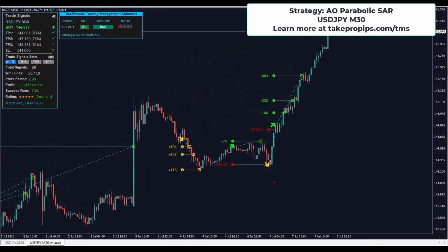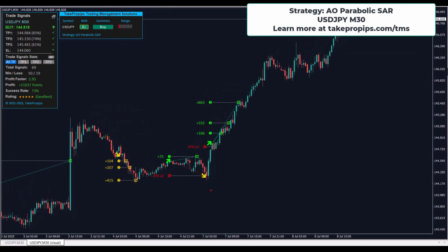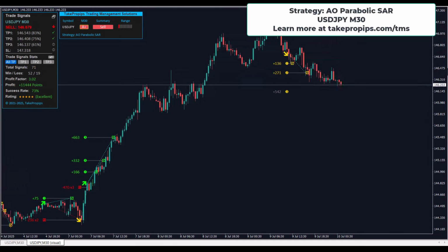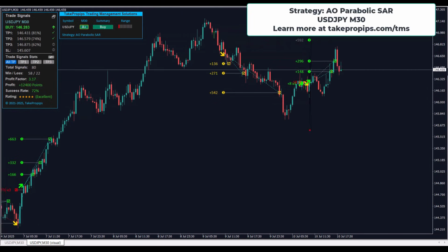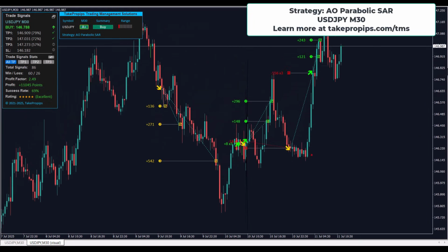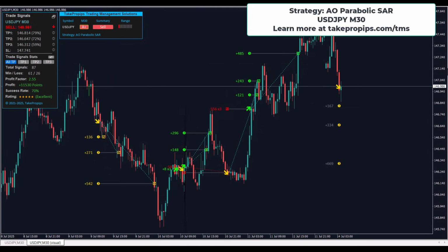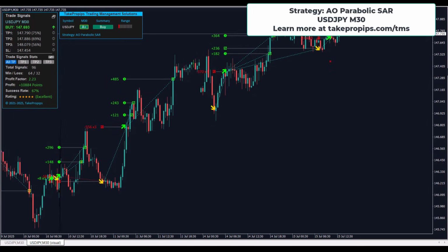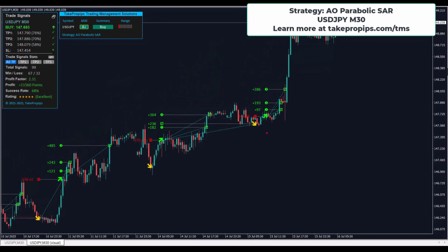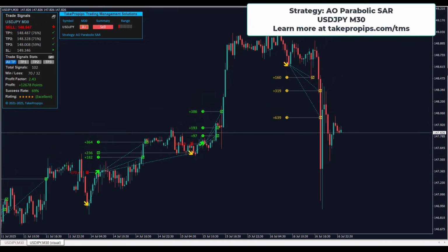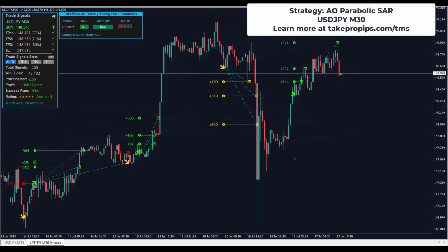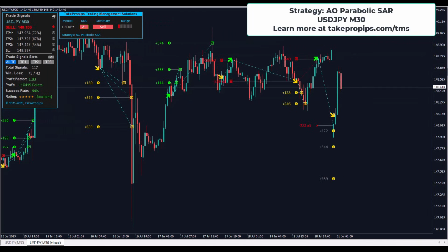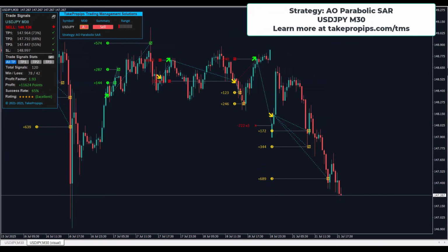A buy signal is generated when the Awesome Oscillator crosses above the zero line from below, meaning momentum just shifted bullish, and at the same time the Parabolic SAR dots are positioned below the current price, confirming that the trend is pointing upward. A sell signal is generated when the Awesome Oscillator crosses below the zero line from above, showing fresh bearish momentum, and the Parabolic SAR dots are above the current price, confirming downward trend direction. If neither of these conditions line up, then there is simply no signal, which helps filter out weak or sideways